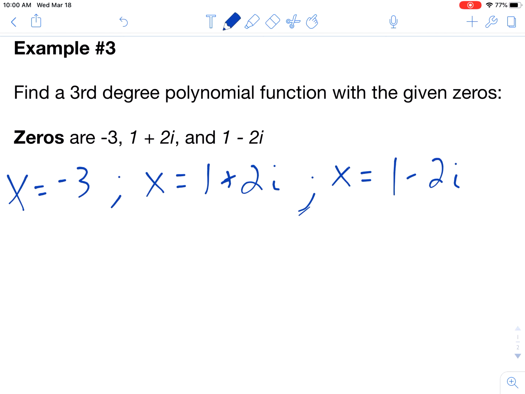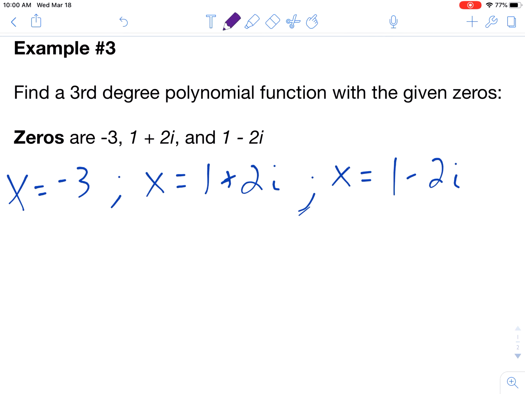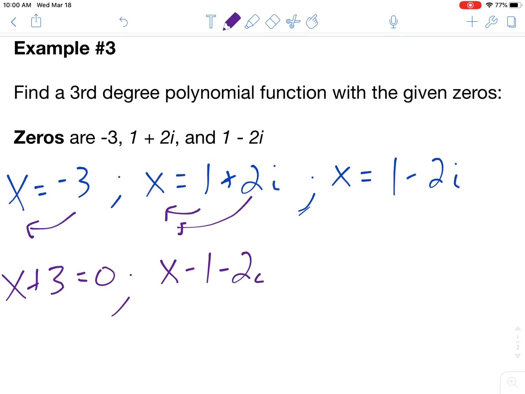So I set those both equal to x, as we are supposed to write our zeros in that fashion. Move that over, so x plus 3 equals 0. Move this over and move this over, so that gives us x minus 1 minus 2i equals 0. Move this over, move that over. So that gives you x minus 1 plus 2i equals 0. Okay, now,